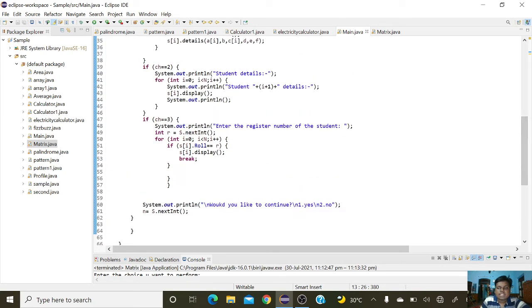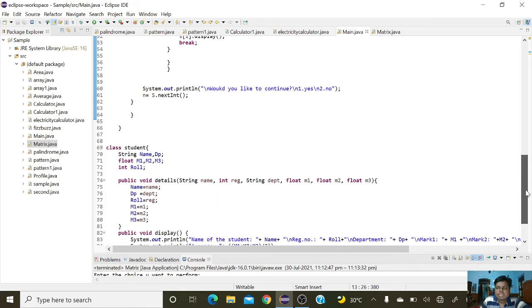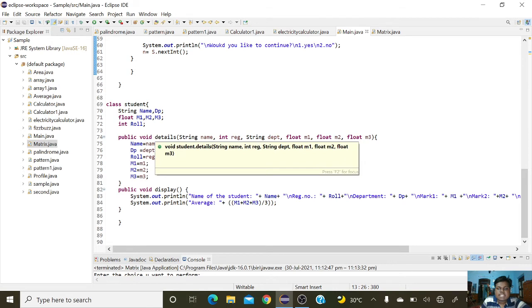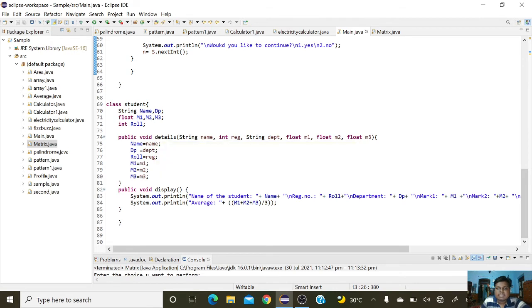After giving three choices, we're going to create a class with the class name Student, with String name and dp, float m1, m2 and m3, and int roll. Using public void details of String name, int register number, String department, and float m1, m2 and m3, with name equal to name, dp equal to department, roll number equal to register number, and m1, m2, m3.